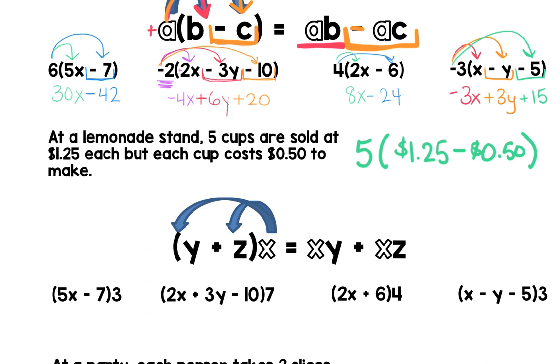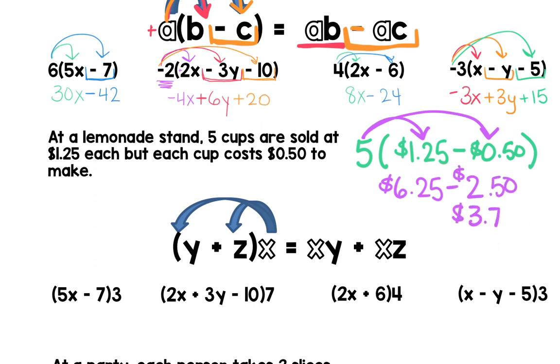Now, two things we could do here. Order of operations. We could solve this first and then multiply by 5, but since we're focused on the distributive property, we can also distribute here. 5 times $1.25 is $6.25. 5 times 50 cents is $2.50. So what we get here is a total profit of